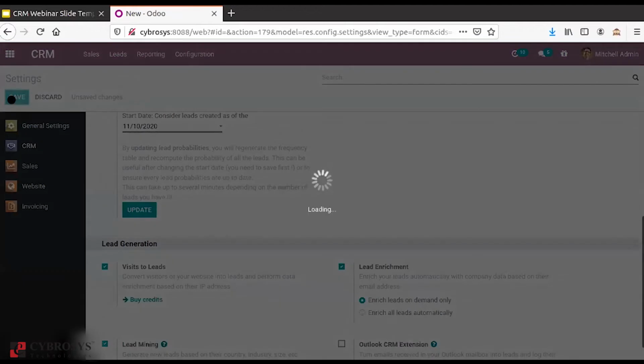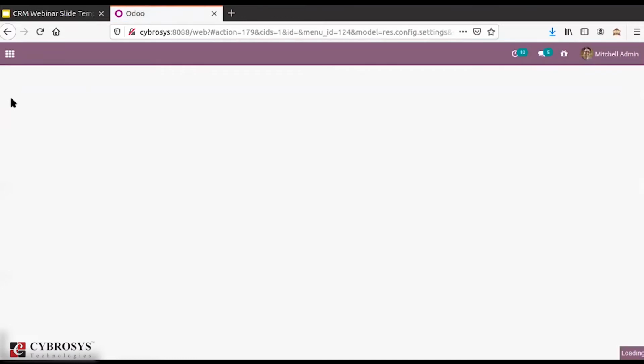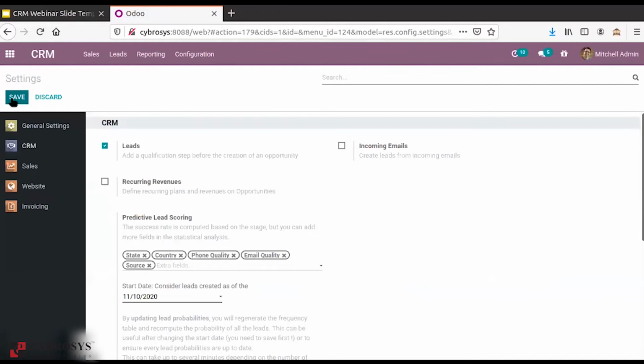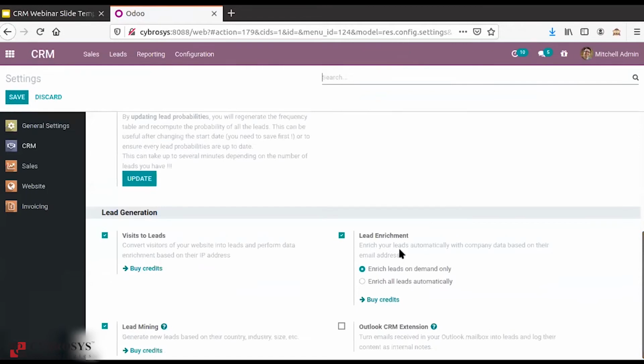So based upon the email address of a company, you can enrich your lead. Yes, it is yet another technique for lead management or lead generation.